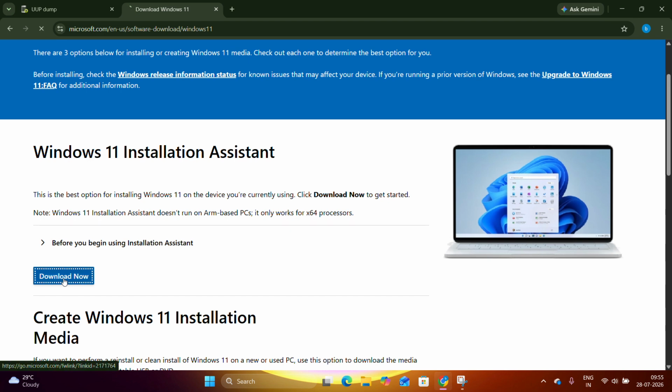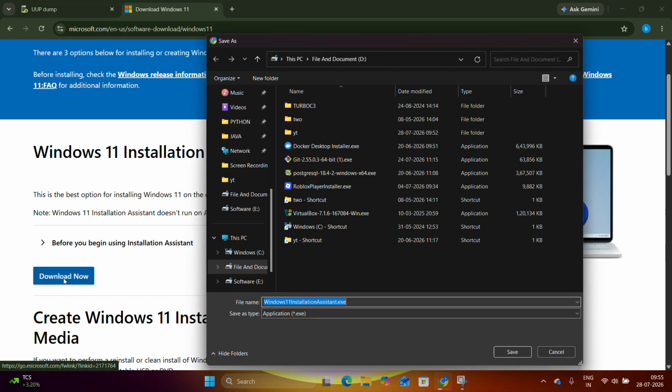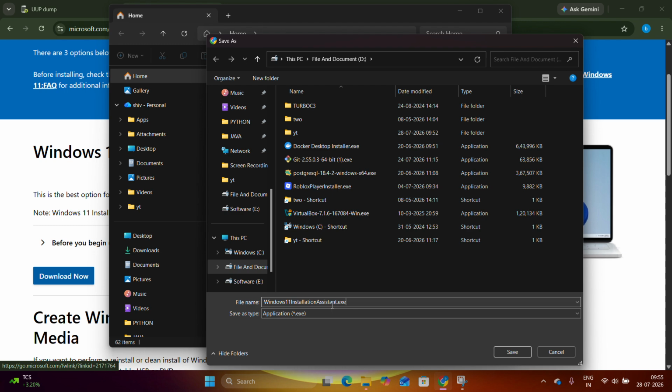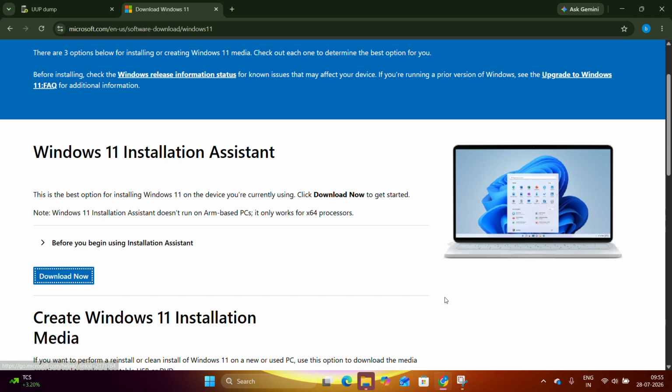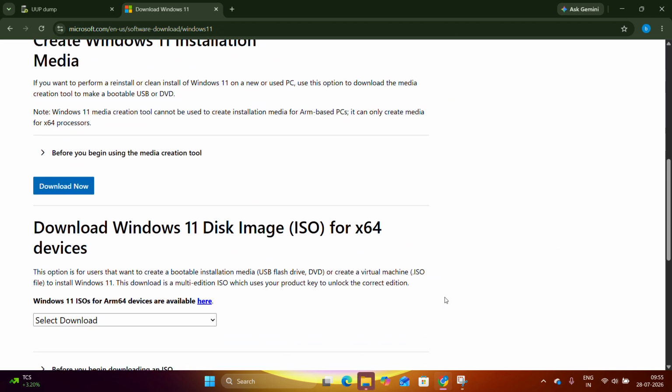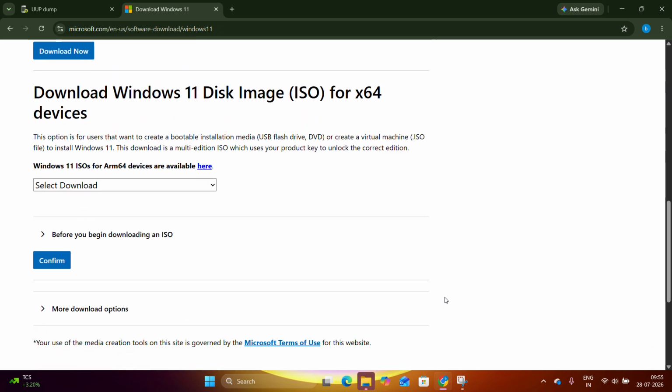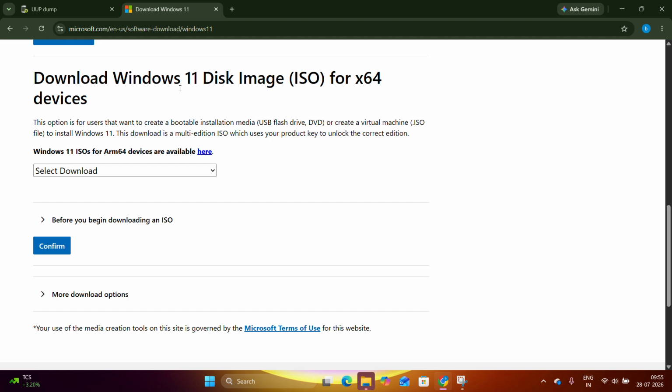When I click on the download option, it automatically detects your product and your system, and it gives me the file with the extension .exe. Then I open it, it starts the installation process and downloads Windows, and it is a little difficult, and maybe sometimes it conflicts in your systems. But if you want to download the ISO disk, so guys, here you go, download Windows 11 disk ISO